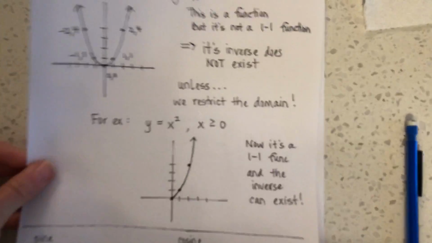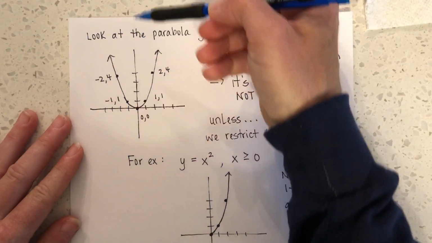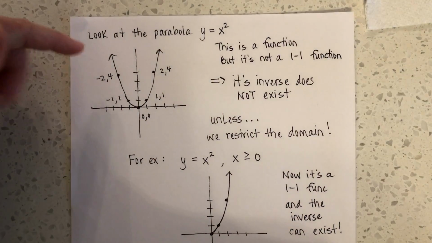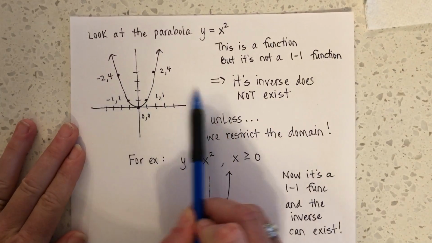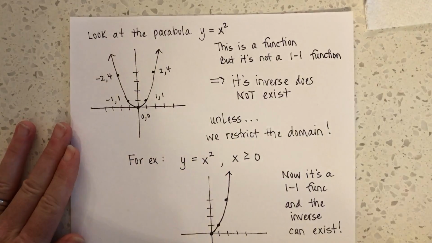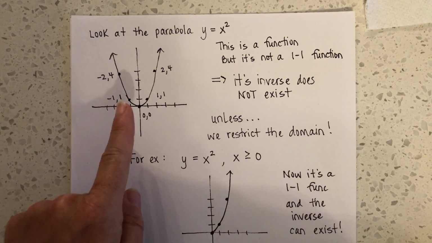Let's look at the parabola y equals x squared, okay? If you look at the parabola, he definitely passes the vertical line test. So he himself is definitely a function, right? But it doesn't pass the horizontal line test, which means the y's repeat, and this is not a one-to-one function,